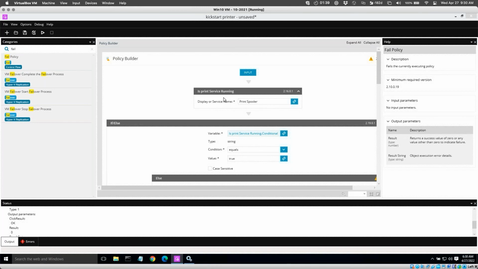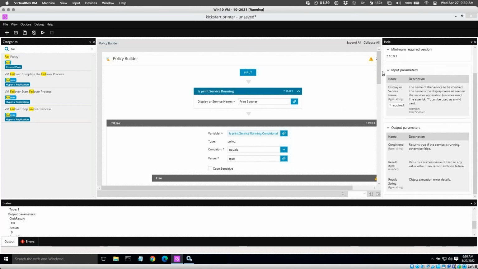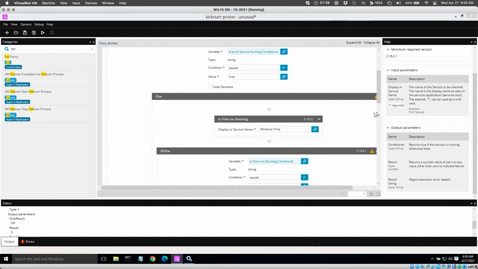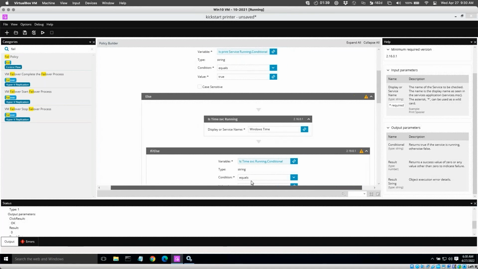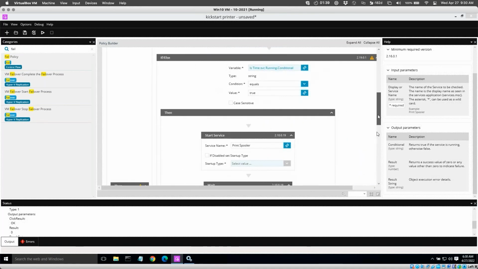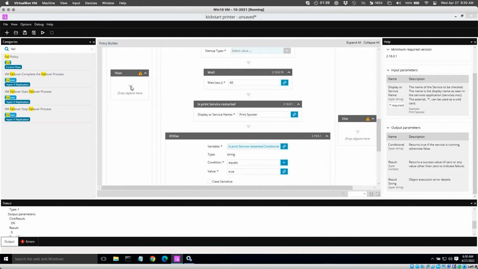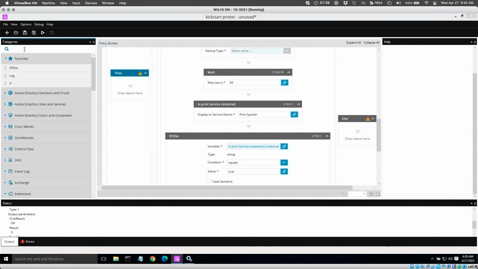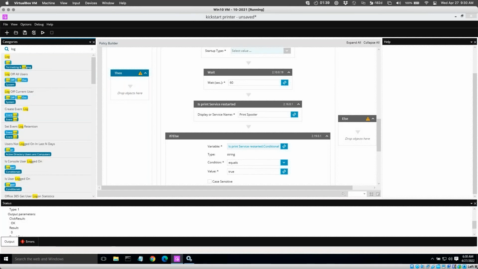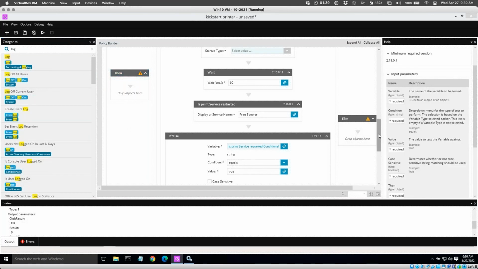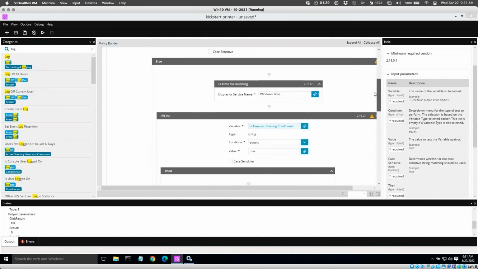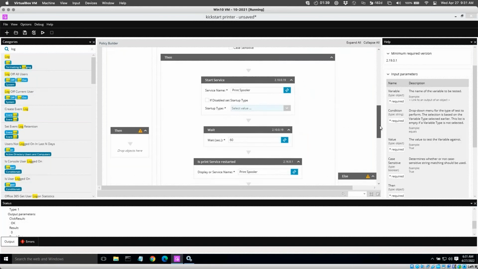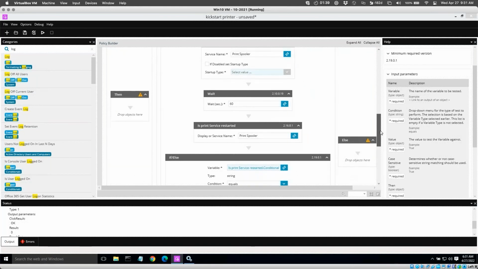So to recap, I will check to see if the print service is running on that machine. And if it is, where's my then statement? Okay, so if it is running, then we can go ahead and either just ignore it or add something into the logs, or we can change this from an if else to just an if then. So if it's not running, then do this thing, and we don't have to worry about the else. I always like to leave the else in there